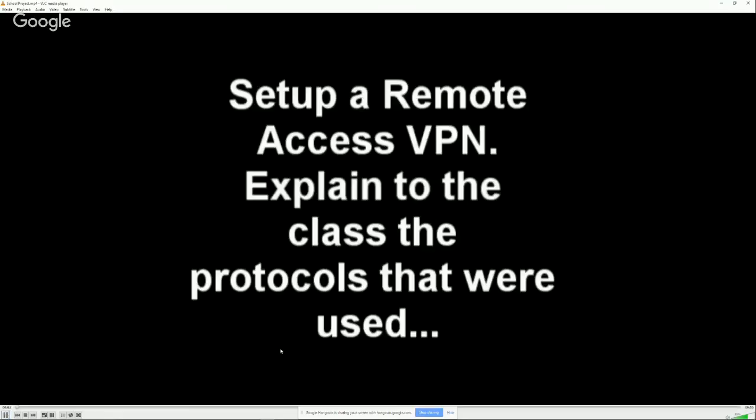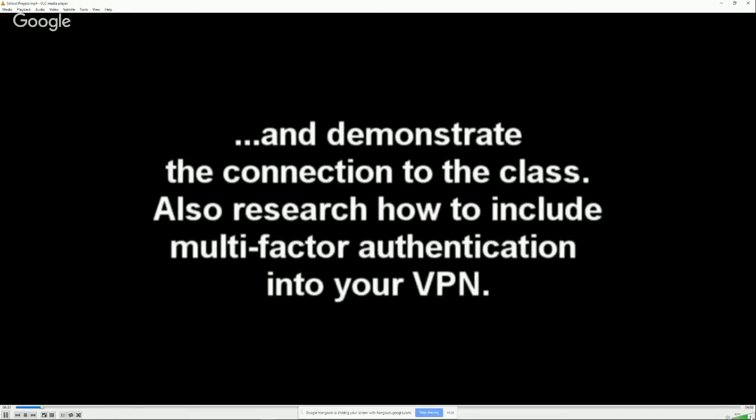Setting up VPN. VPN is divided into sections, incoming and outgoing. We're going to review the incoming side. In the incoming side, we're going to start by setting up your router configuration first. To do this, we need to know what the router IP is. In most cases, this IP is something like this: